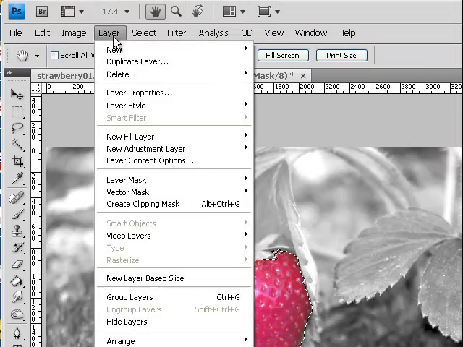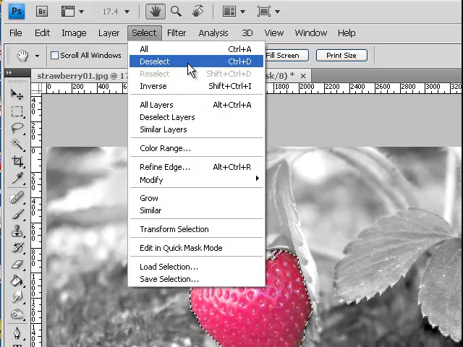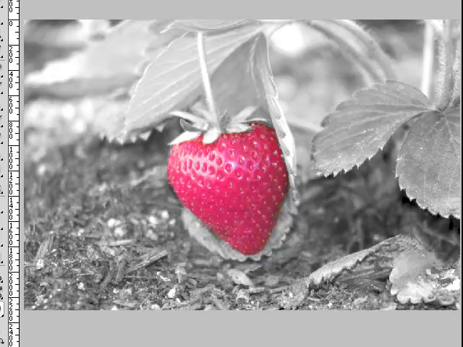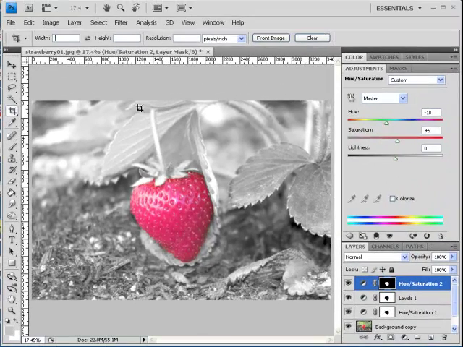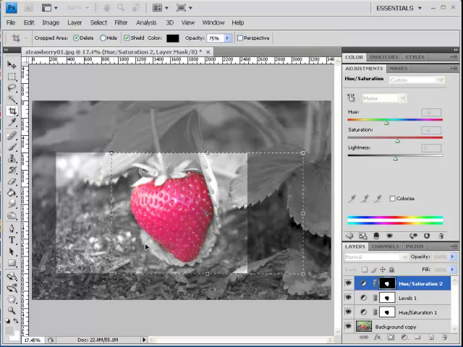Deselecting the image is Control D, or Select Menu and Deselect, and that looks pretty good, and I'm pretty happy with it. I also want to crop this one, and I'm not going to use any crop specifics. I'm going to keep it pretty freehand, and then I'm going to put out the image later to put on the internet. So if I crank this down here, the selections I make with my crop tool